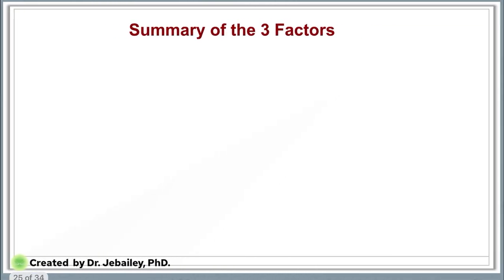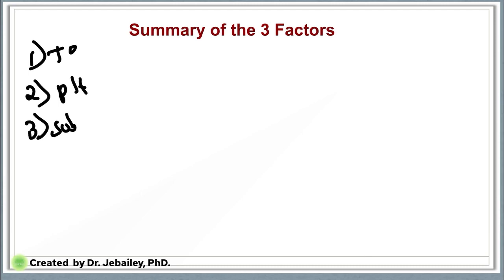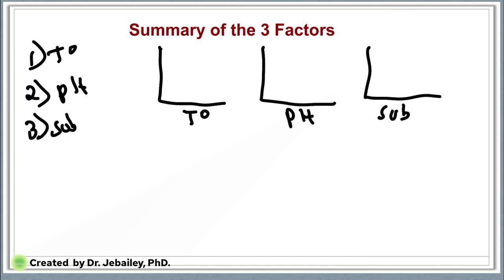So let's get a summary of these three factors and let's work in some ways that we can do experiments about these guys. So the three things that we can do are the temperature, the pH, and the substrate. I'm just going to put it as sub. Now, we also have to know their graphs, right? So for the temperature, we have the temperature in the bottom. For the pH, with the pH in the bottom. And then we have for the substrate. Here we put, I'm just going to put enzyme activity. It can be enzyme activity, okay? Let me write here the whole word. Oops. Enzyme